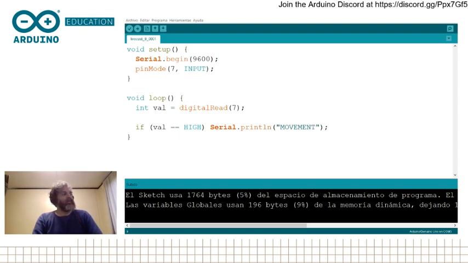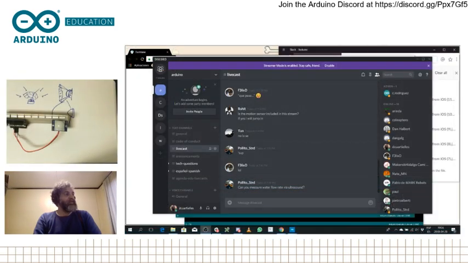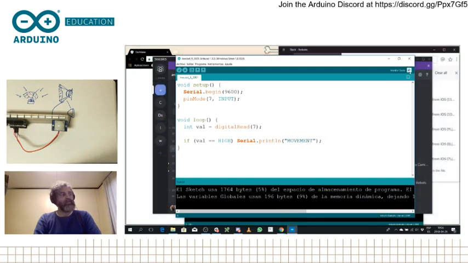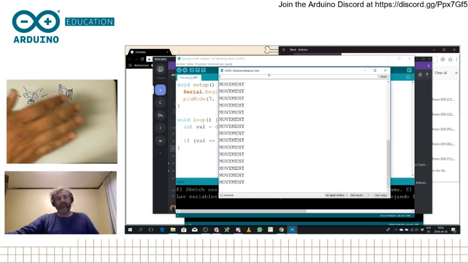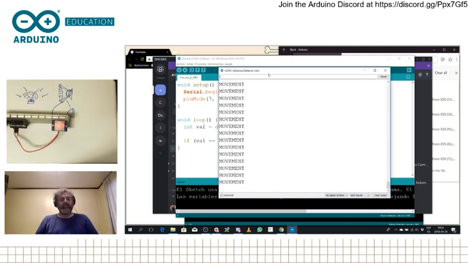Okay, so sorry, the program is running now, so let's change view, and in this view I need to open the serial port. Here you go. And right now, you see, it was not detecting anything until we moved. And then once we moved, now it stopped. And if we move again, it prints again. So it's very simple to use. This is a classic alarm situation.